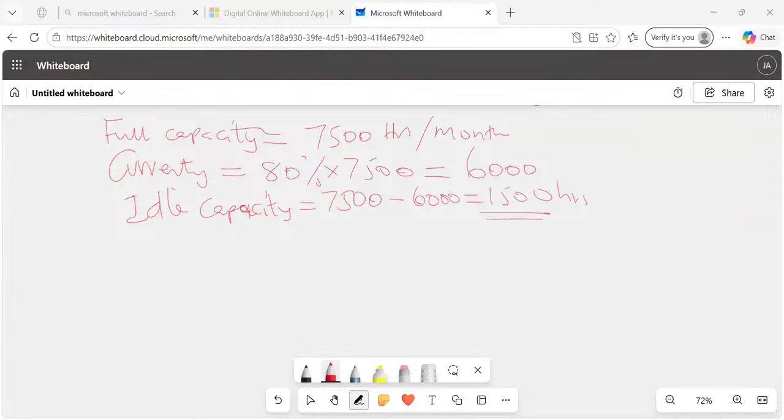Now, ladies and gentlemen, please listen. Read the required. If you read this required, they're telling us that Trendy Enterprises has received a special order of 10,000 bangles to be delivered within 2 months. So in this case here, then the hours available